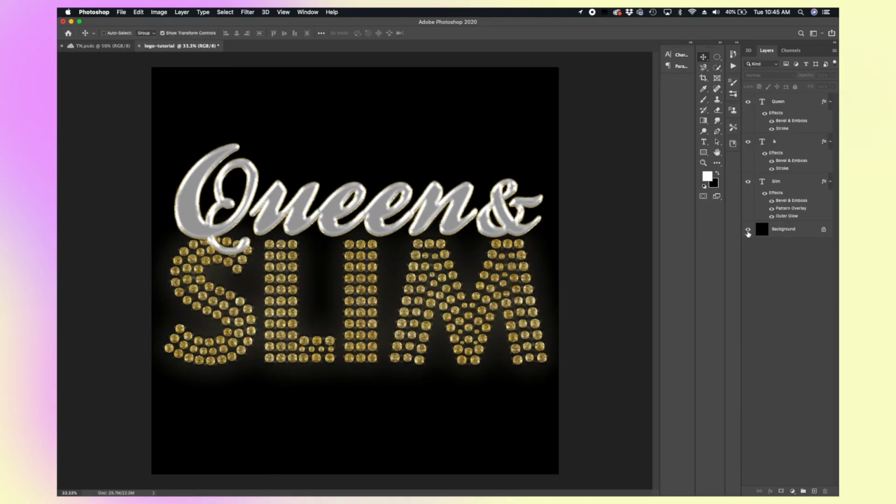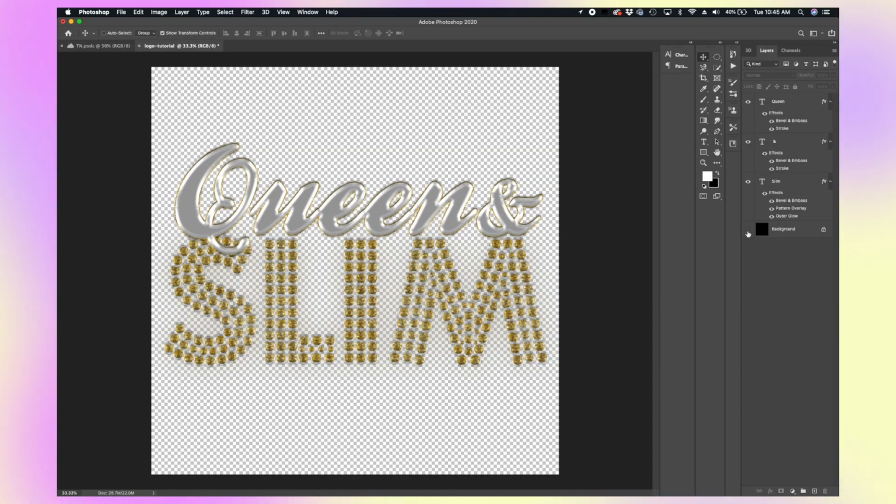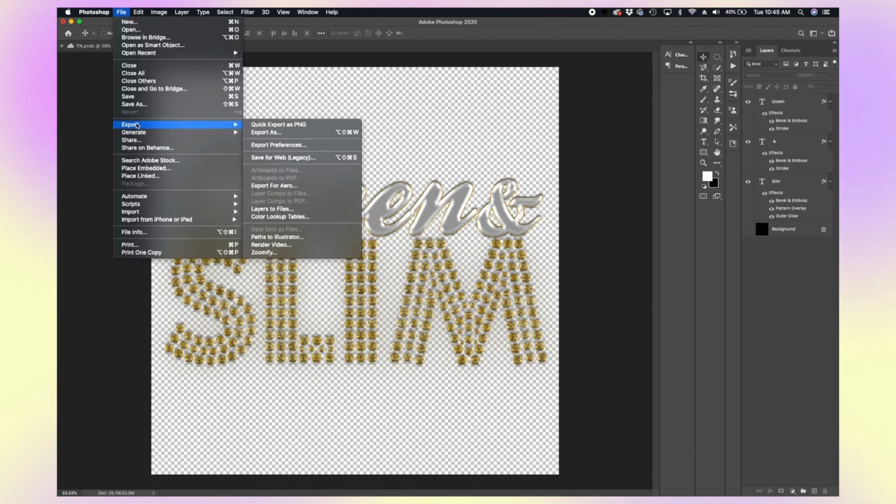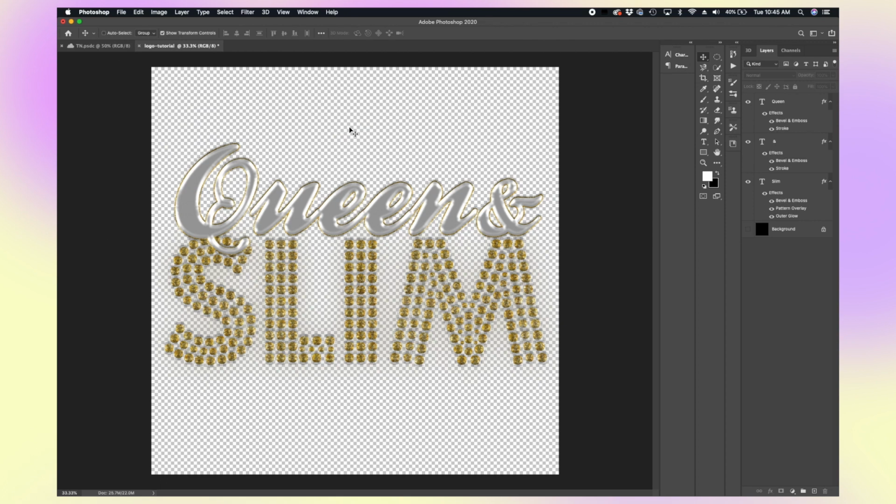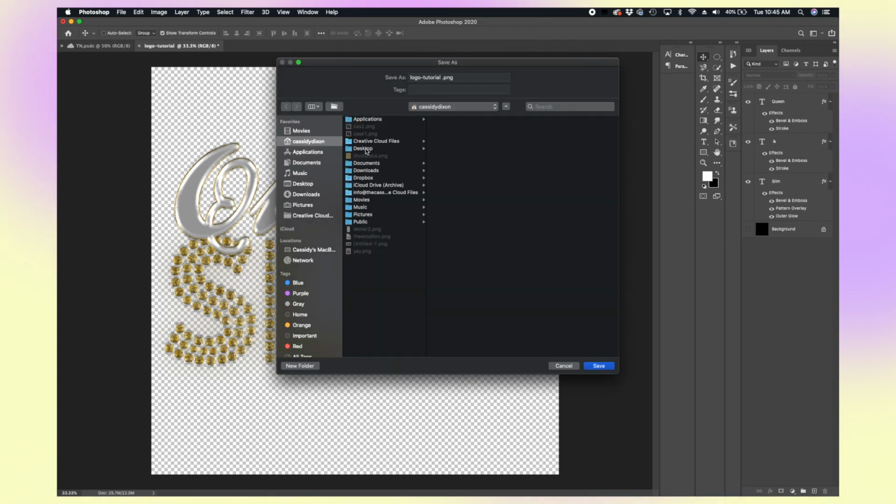So in order to do that, all you have to do is hide your background, just like that. So we have our background layer, hide it, and now this is on a transparent background. You can go ahead, file, export. I'm just going to do a quick export as a PNG image, and then let's name that logo tutorial. Sounds good to me. Add that to my desktop real quick,